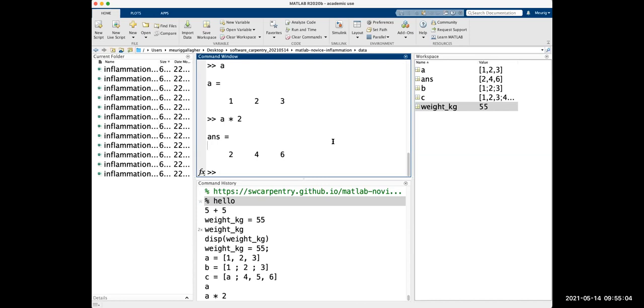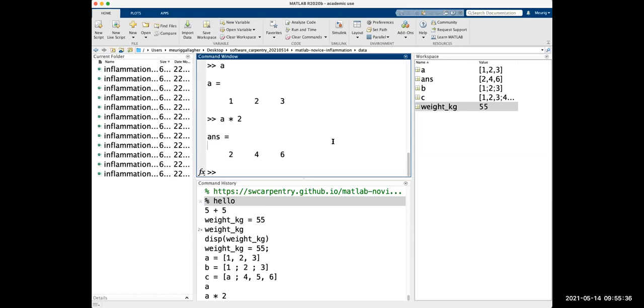But one thing to think about when we're thinking about arrays is that arrays in MATLAB have to be all of the same type. I briefly mentioned type at the start. So type is like a number or a string or a character. So A would be a character, maybe a word like software would be a string, because it would be a string of many characters, one after the other. And then obviously a number is a number. But we can't mix and match these in a single array.